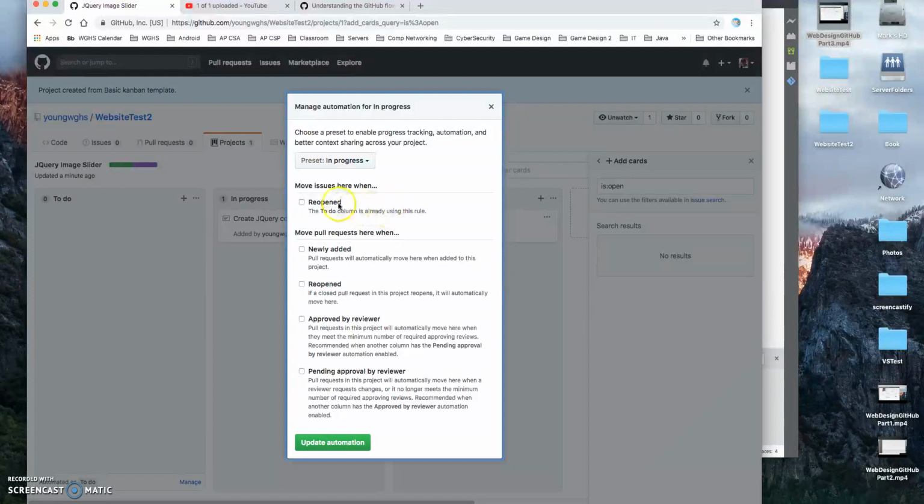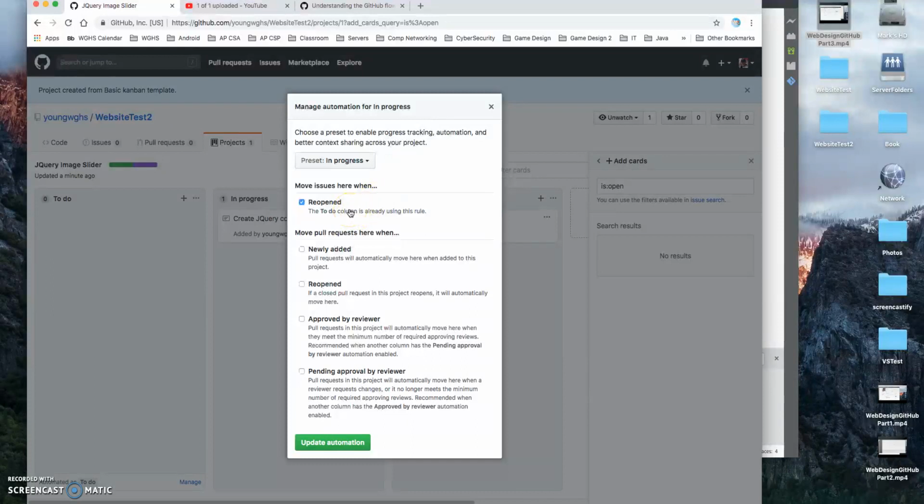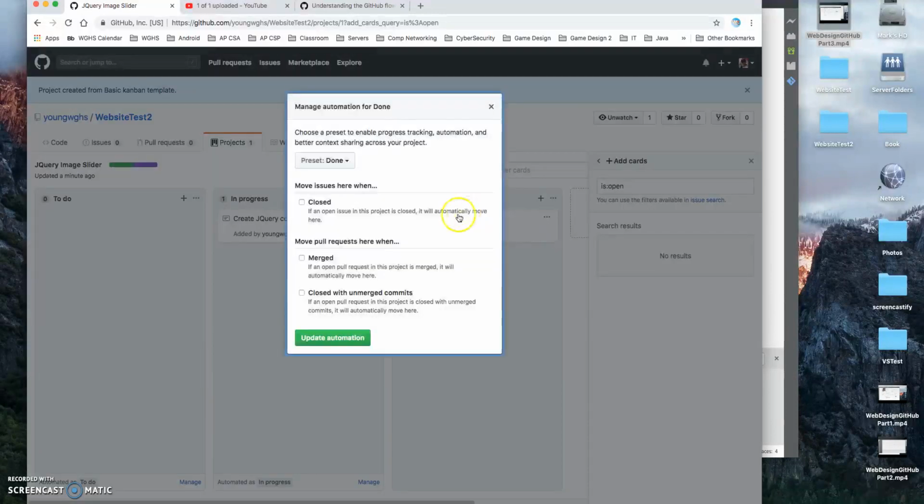I'm going to say if anybody reopens something, automatically make it in progress. And that pop-up said, wait a second, you said if it's reopened, it's a to-do item. Well, if it's being reopened, it's not something that hasn't been started yet, right? It's being started. So I'm going to say move that over to in progress. And lastly, if there's anything available under done, if we close out any issues, they will show up